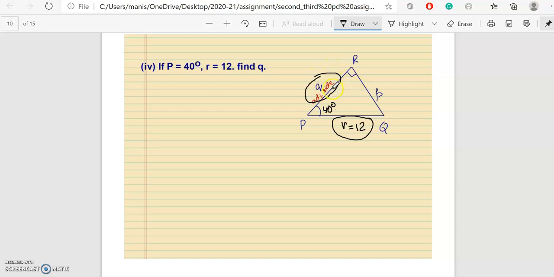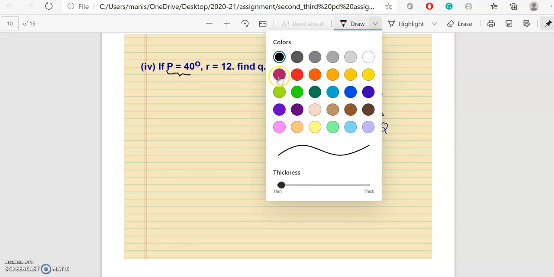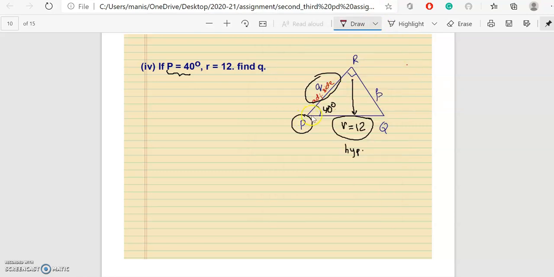Okay, now let's talk about labeling the triangle. So this is your hypotenuse. How did I get the hypotenuse? You will see this is a 90 degrees and this is your hypotenuse. Now they have given us angle P, so we are working on angle P. Circle this P. You have to ask yourself two questions: which one is the adjacent side, which one is the opposite side. Now in this question, just to help us, they have given us the adjacent side, but still we need to see whether it's right or wrong. Look here, when I'm drawing an arrow, it takes a curve. It is the adjacent side. So what is left over? Opposite. I will not worry about this opposite side because I don't have to do anything.